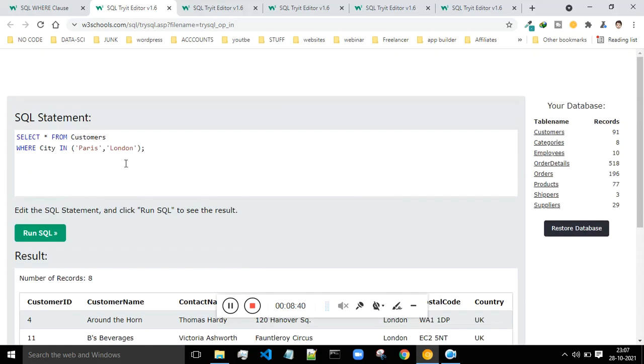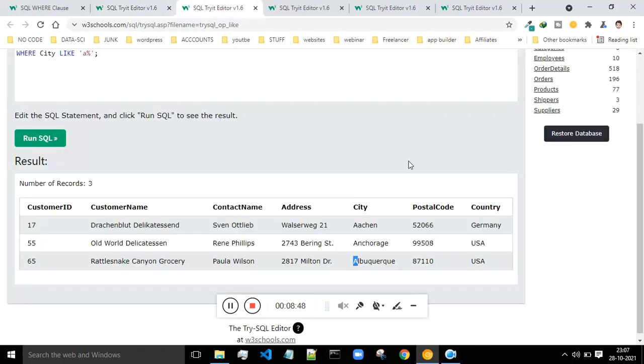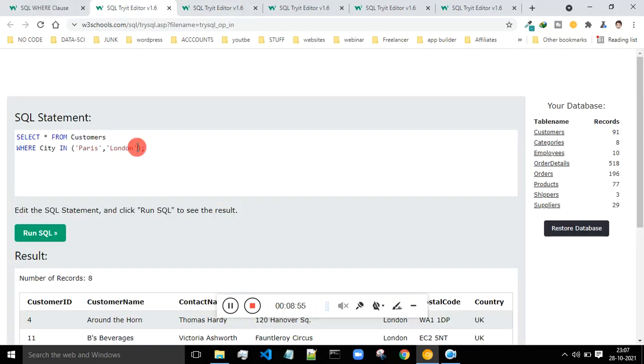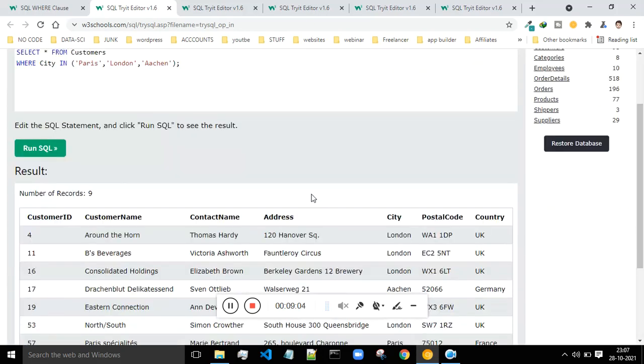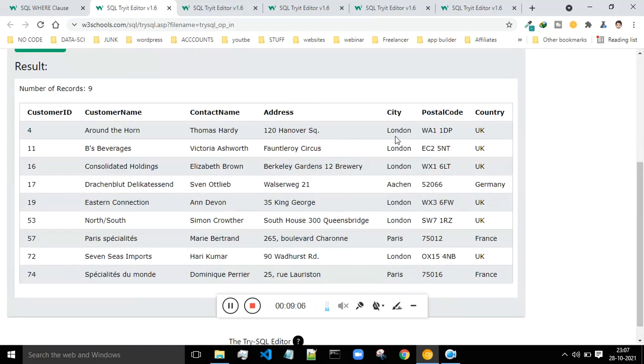You can just put the condition to select everything from the customers where the city is either Paris or London, and it will show all the results. Let me give one more example. Instead of the double quotes, I will put one more name, and let me fetch the results. It gives me the results for cities like London, then the other one, and Paris.